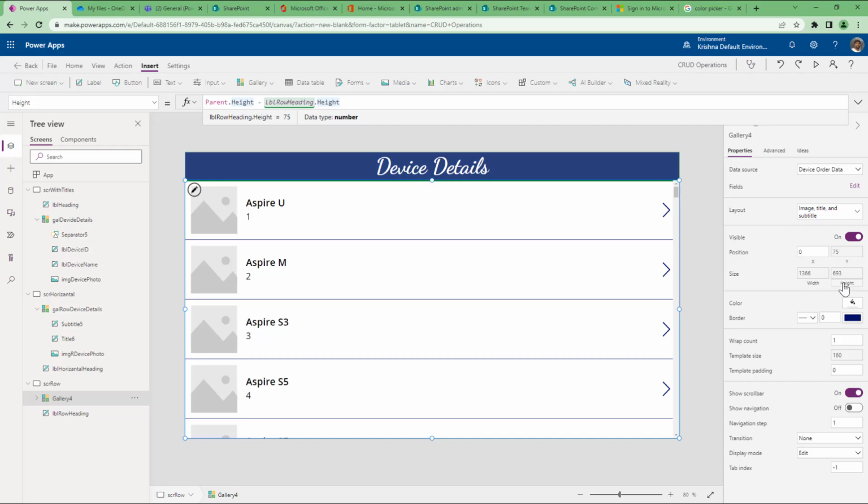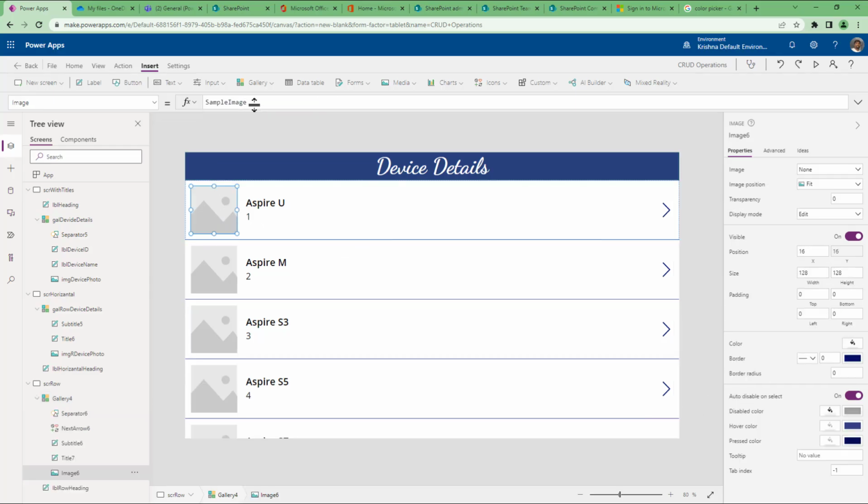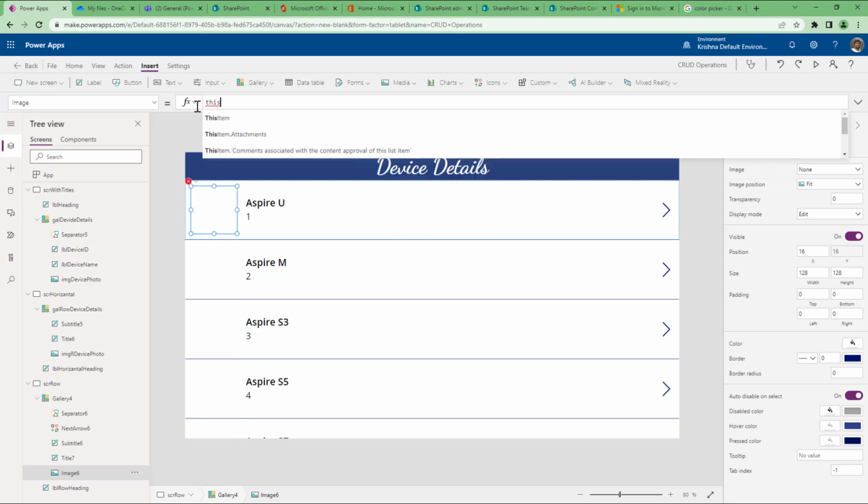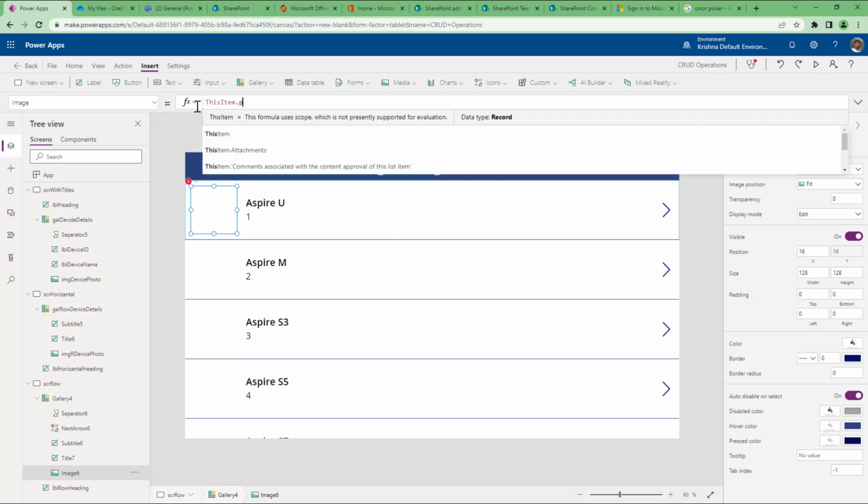Okay, now I got it. Now just associate this with this item dot photo,